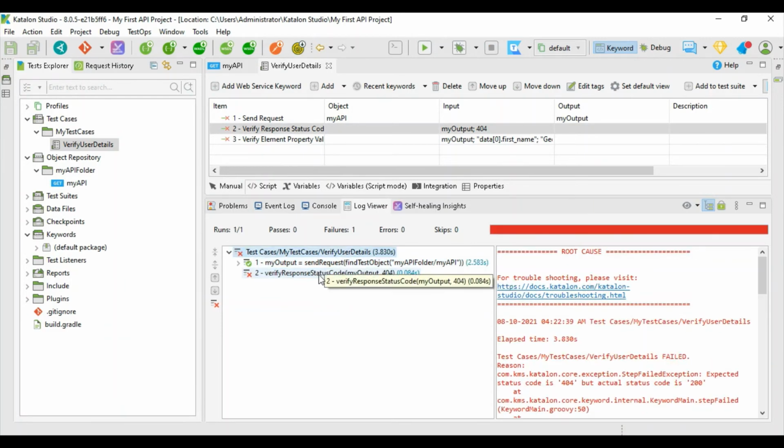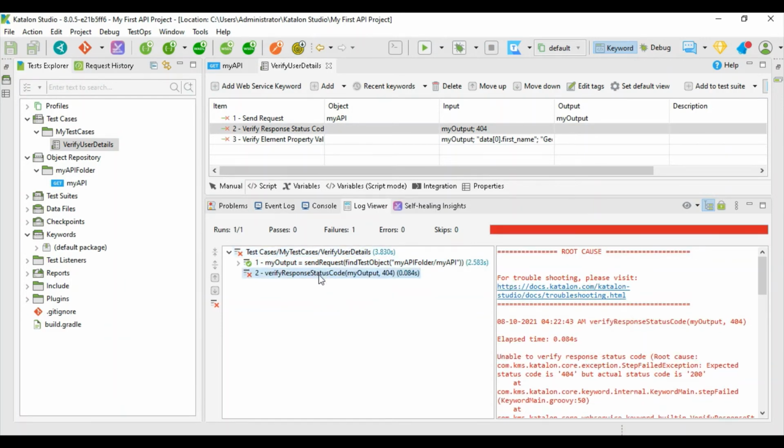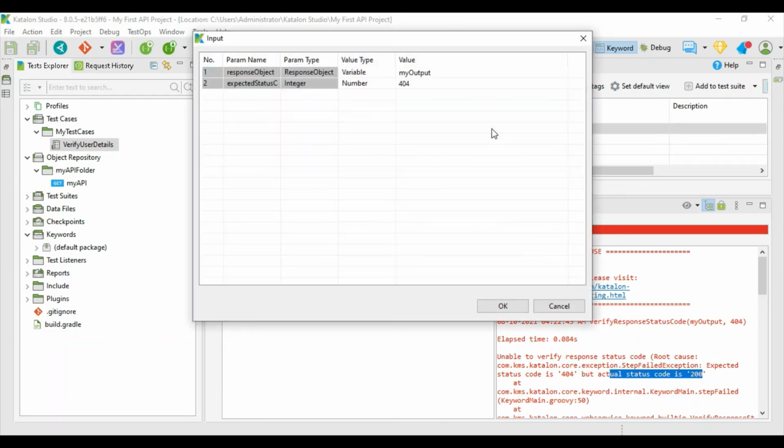The third step didn't execute because the status code didn't match. You can see the expected status code is 404, but the actual status is 200. It breaks whenever your step fails.